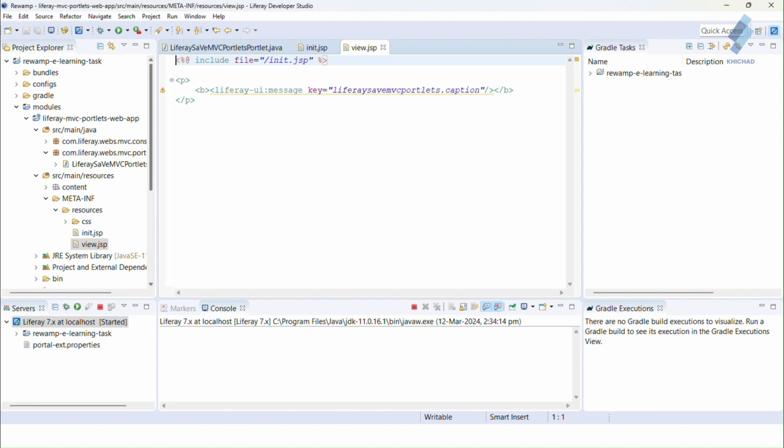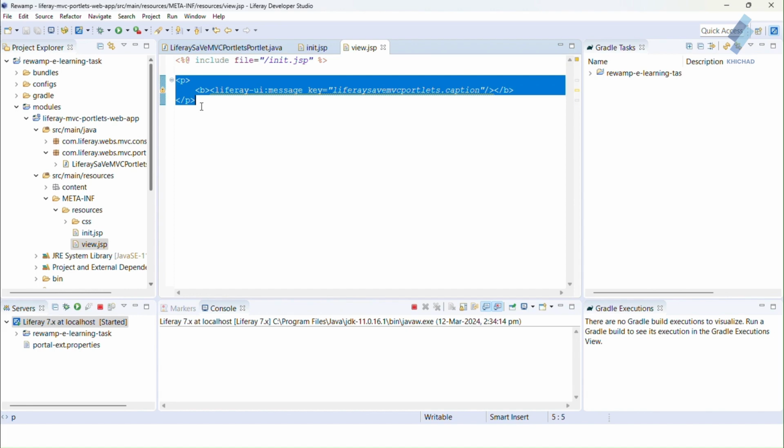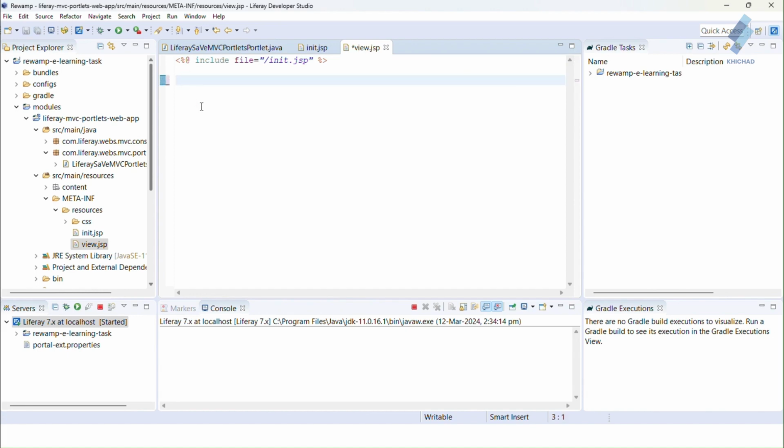The view.jsp file is responsible for rendering the portlet output when it's displayed on a Liferay portal page. I remove the p tag from view.jsp, add an h1 tag and write something: Hello, MVC portlet is ready.